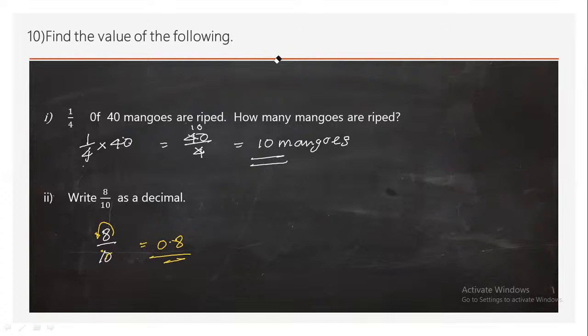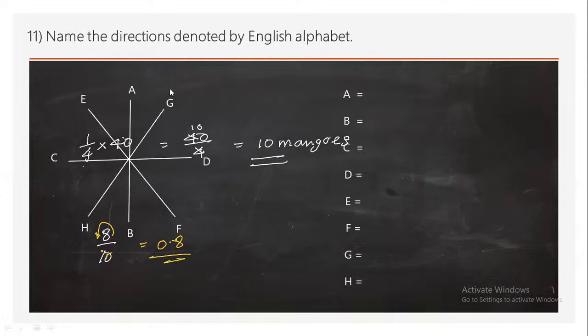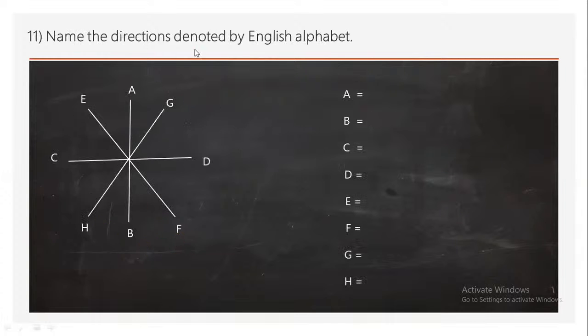Next question. Directions. Name the directions denoted by the English alphabet. What are the directions? A, we know, north, south,